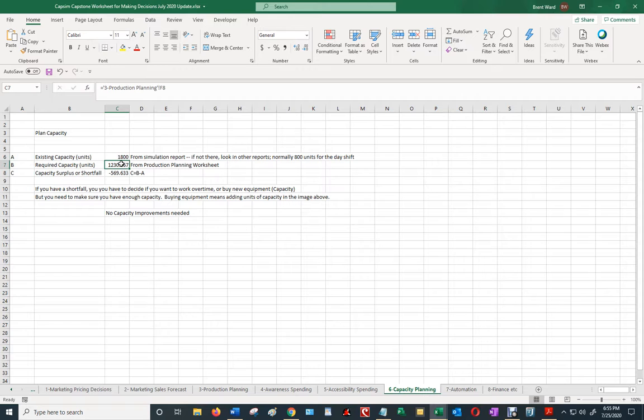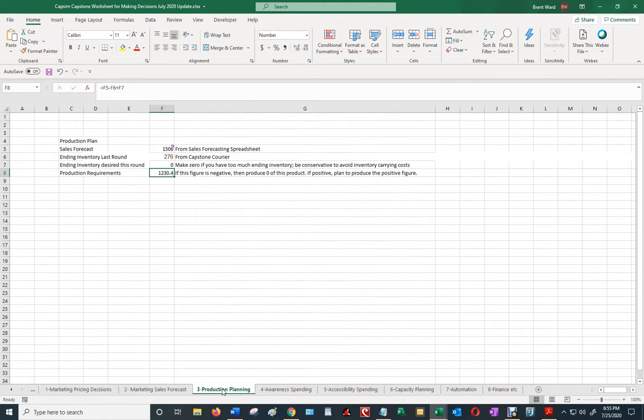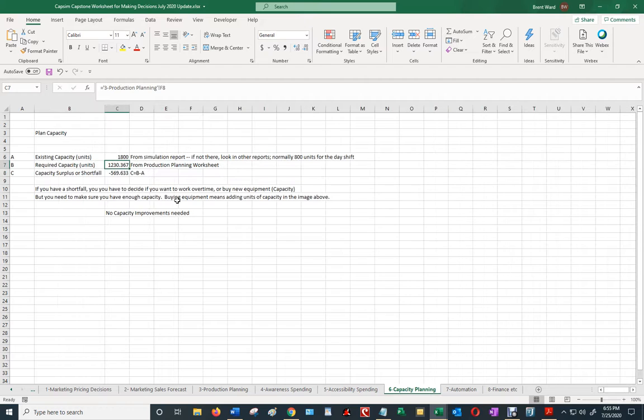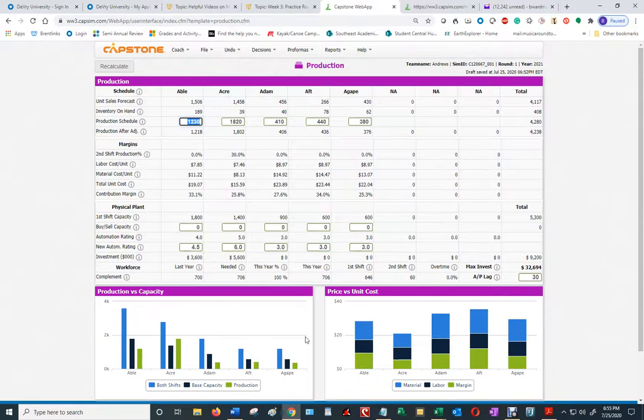The required capacity is from the production planning sheet, 1230. And that means I've got a negative value. I mean, I've got more capacity than I actually need. So that means that I don't need to invest in any capacity. So back in my spreadsheet, I don't have to buy any more capacity for product Able. And remember, you have to be making these decisions for every single one of your products. So, okay, that's how you make your